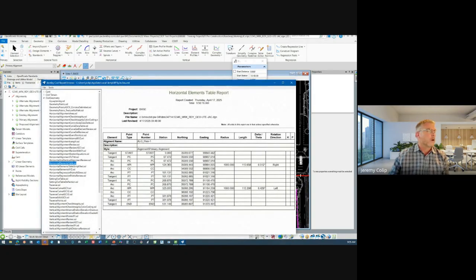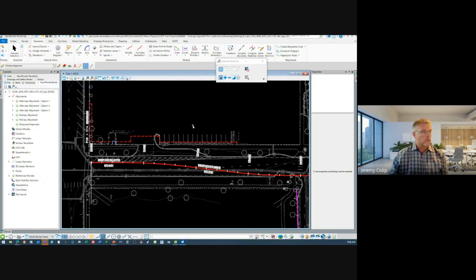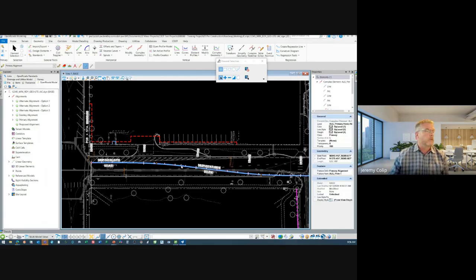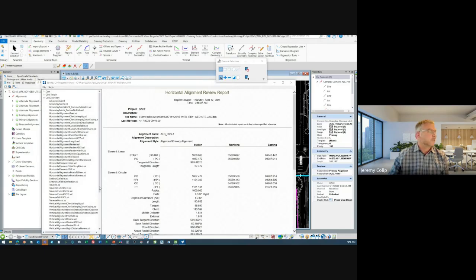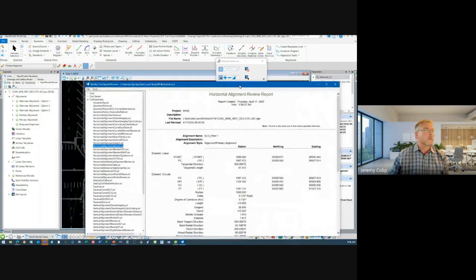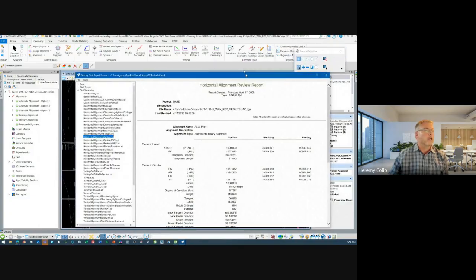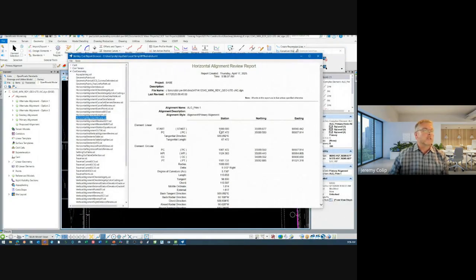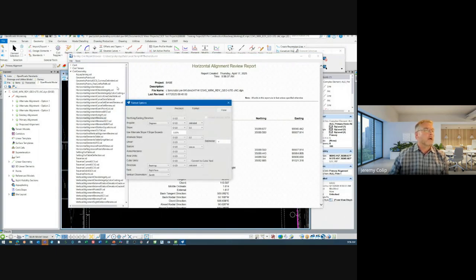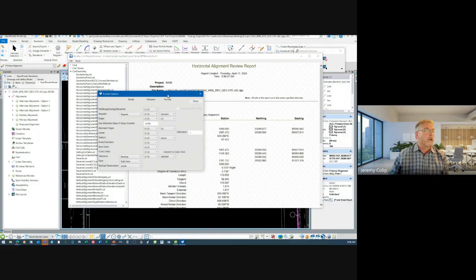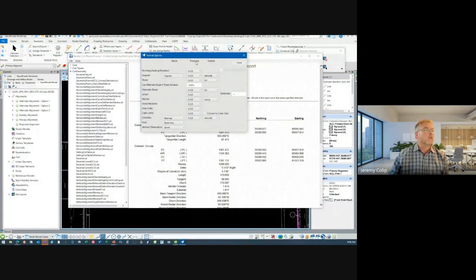My report, I believe, yeah, I have to redo my report. So I'm going to do that real quick. And you'll see in my report that it changed and updated to 10 as well. So I'll just stay in this format for right now as we're talking about it. And notice that it just says 1000, 1067. Under tools and format options, this is where I can control a lot of that. My bearings, my northing eastings, all of those different things,